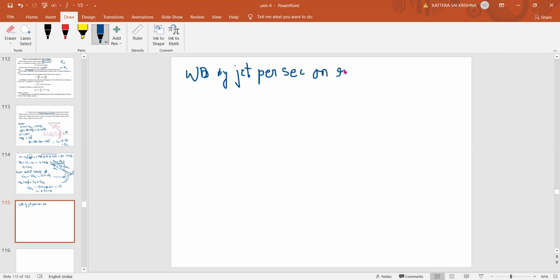Work done by the jet per second on the runner. The runner is nothing but the turbine. So what is the formula? Already we know that it is mass per second, rho a V1, into VW1 plus VW2, into